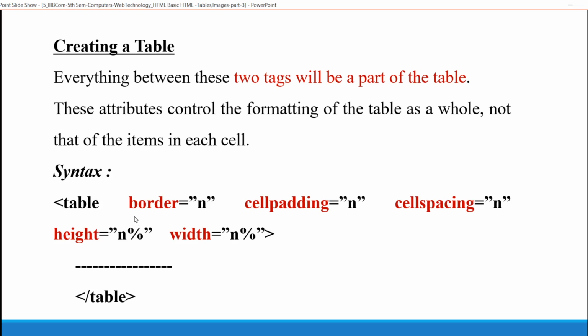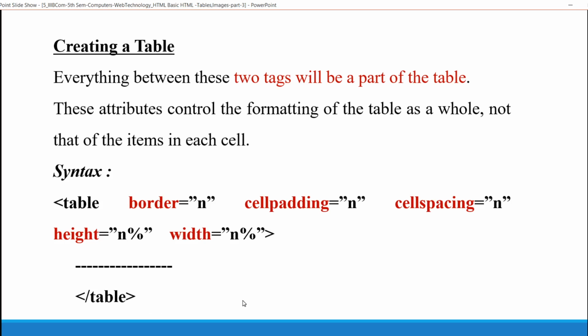If we want to draw a border for a table, we use the border attribute. Cell padding is the spacing between the content of the data cell and the cell border. Cell spacing is the space between the cells.